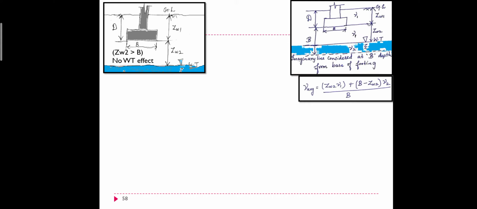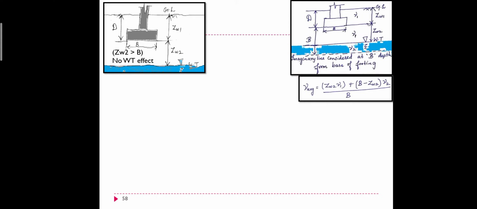எப்போ நம்ம average எடுப்போம்? Always ஏதாவது ரெண்டு extreme cases இருக்கும்போது middle term-ஆக எடுக்கிறதுக்காக we always go for average. Similarly unit weight-ல் வந்து dry unit weight இருக்குது, wet unit weight இருக்குது. The portion of soil where the soil is dry, unit weight is dry unit weight. The portion of soil where water is there, the unit weight is saturated unit weight. So in the மாதிரி when you encounter two types of soil, then you have to find gamma average.